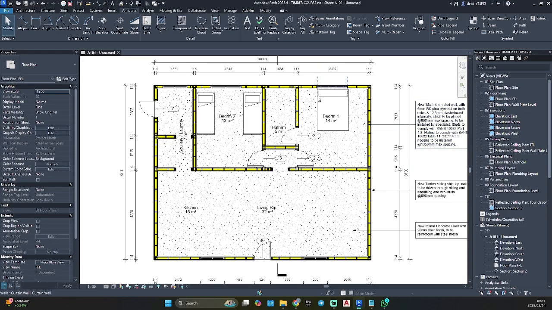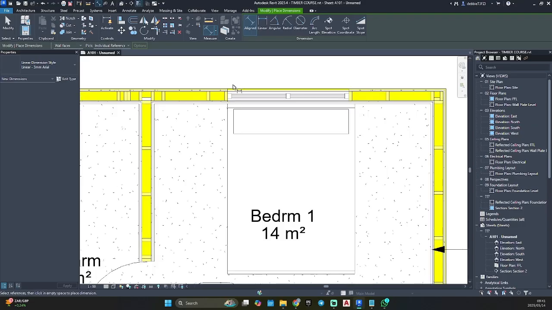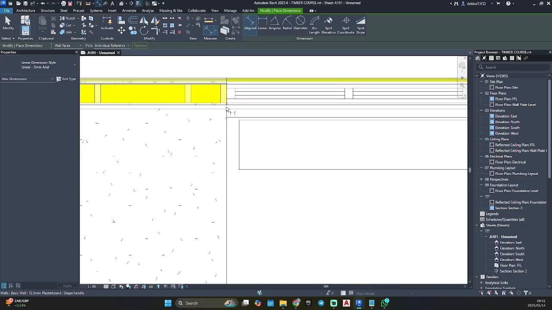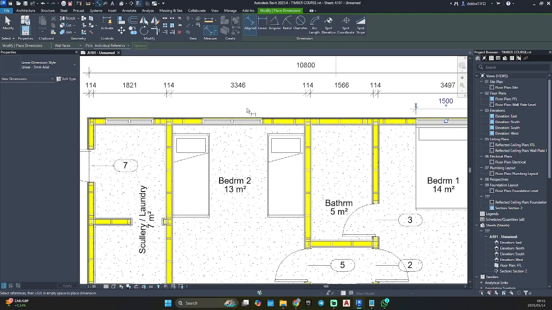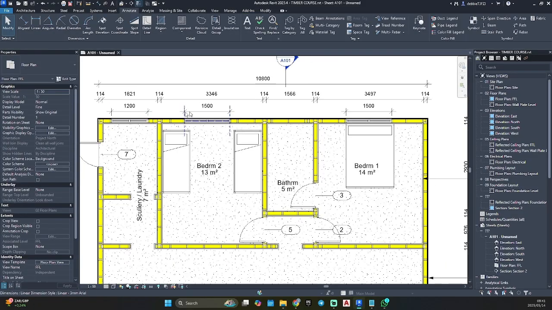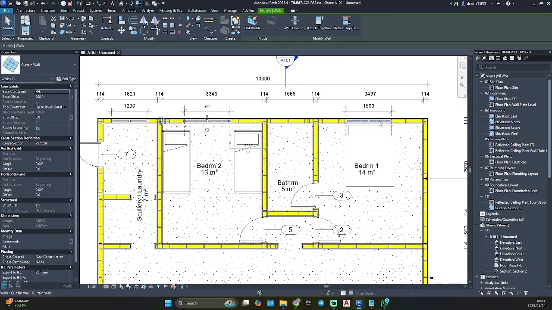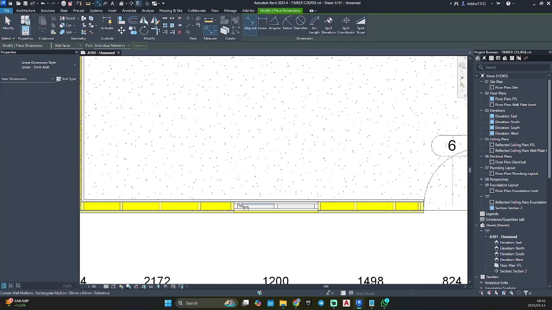So let's go with, let's check. These ones. I think this at the front is the same if I can. No.